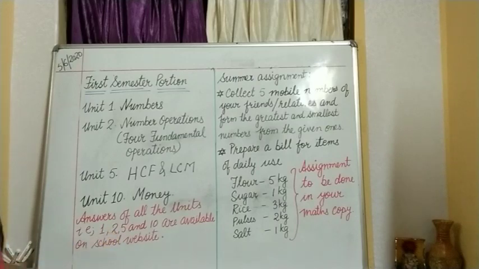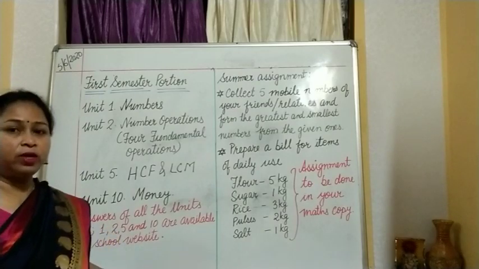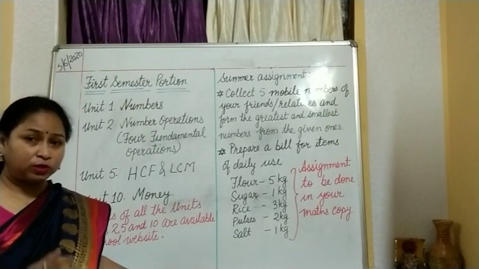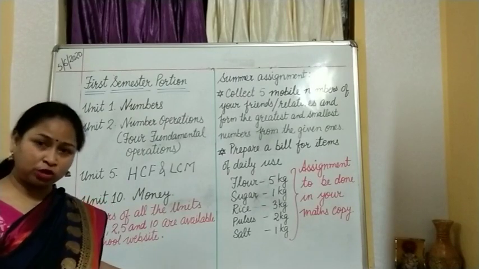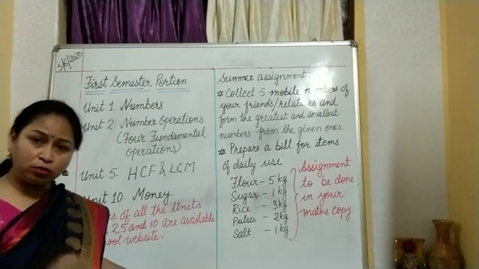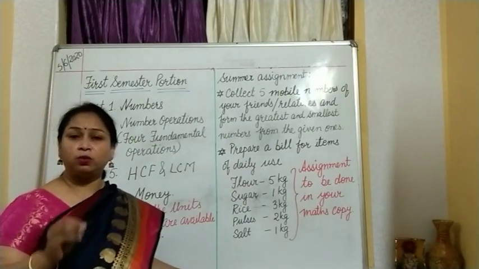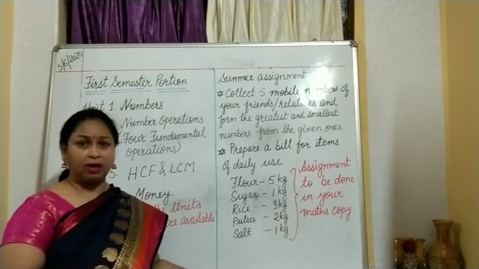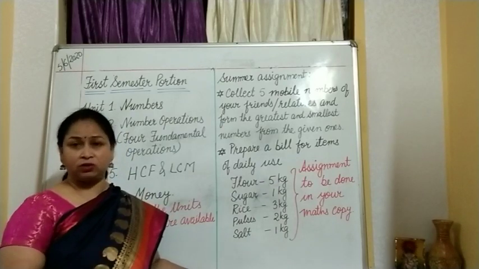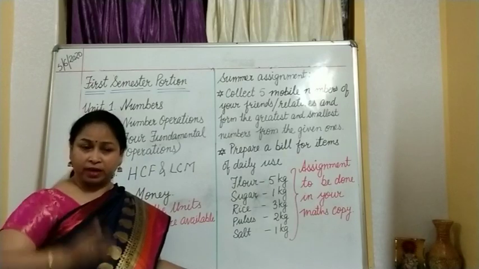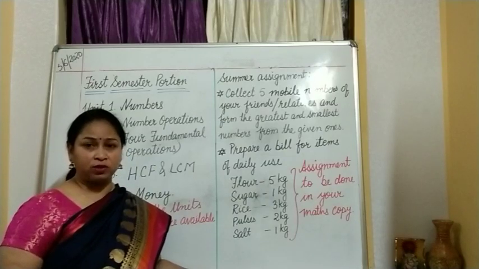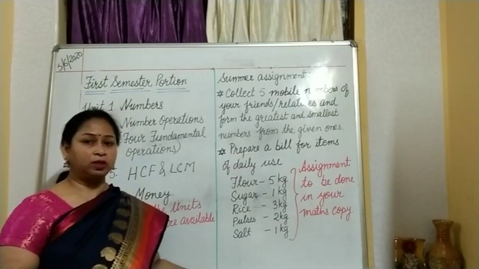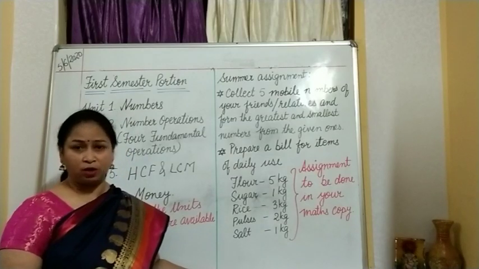on your school website. Whatever work we have done so far, we skipped some of the questions, isn't it? I was telling you this question you don't have to do, this question you have to do, and I have also mentioned whether the work is to be done in the copy as well as in the book. So when you get the solutions of the exercises, on the margin side you will see I have already mentioned which work you are supposed to do in the book and which work in the copy.